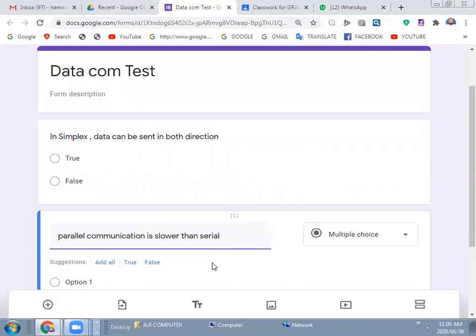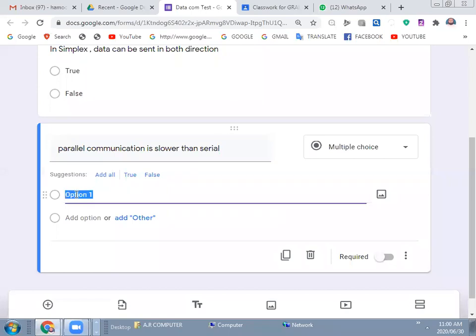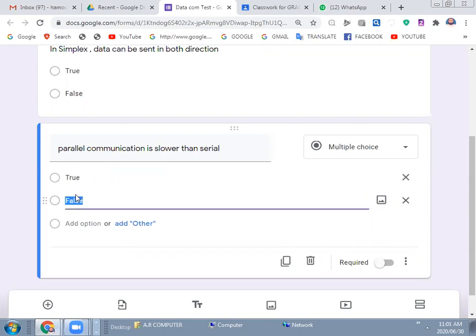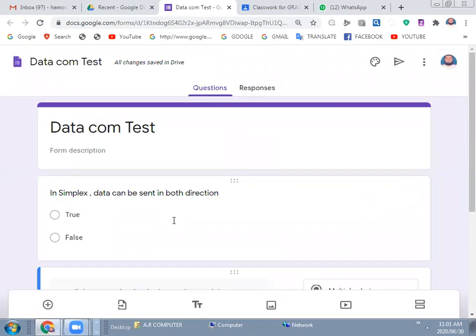So I will just stop on 2 questions. You first say, okay, this is true, right? Or it is false. In the same way, if I click on the third plus button, another question you can add. So you get how to add a question in Google Form. Do you know now? Please reply.